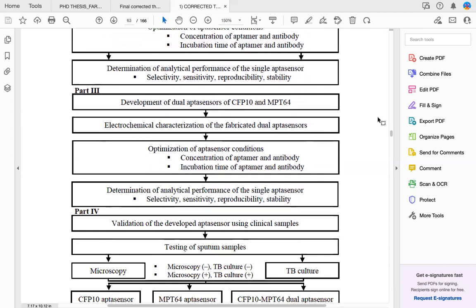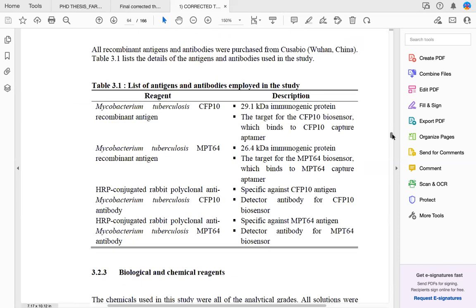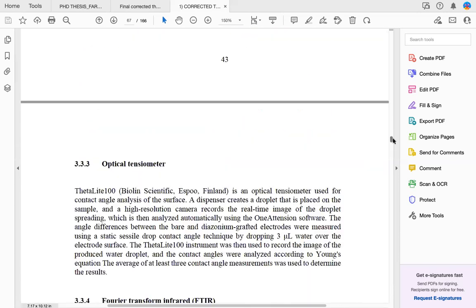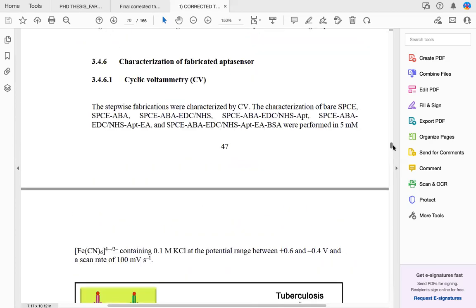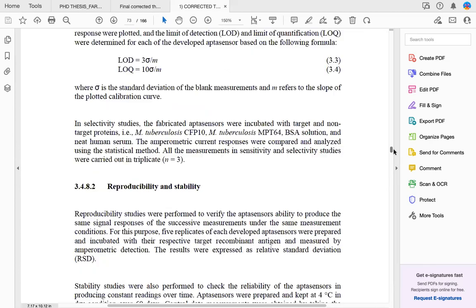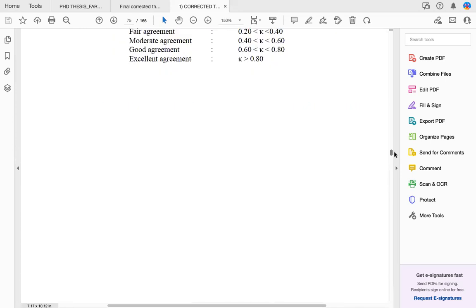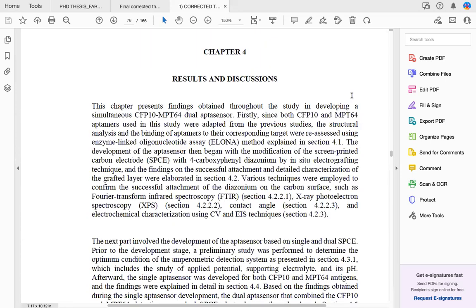So remember this, and then we're going to jump to chapter 4. What I would like you to observe is how the discussion is being carried out, and the flow of discussion. So here,